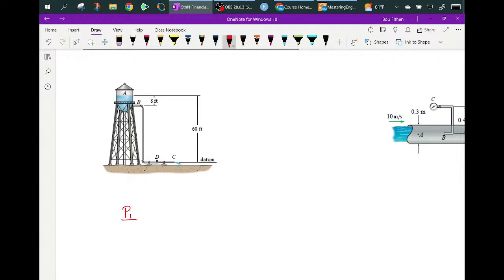What he's done is he's done this equation. It's a little weird